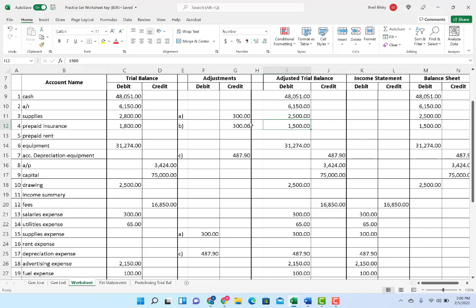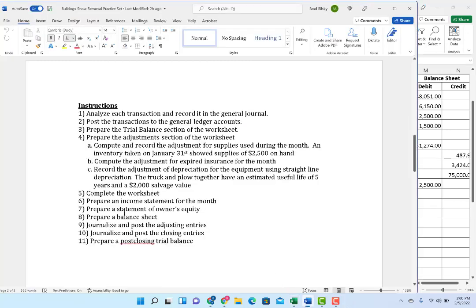So any balances that go with those accounts, we bring over to the balance sheet. Remember, the income statement shows expenses and revenue. So any expense or revenue accounts, we just bring over here. So these last 4 columns, we're just taking the stuff from the adjusted trial balance and replicating it, just breaking it up. And that's going to help make it a little bit easier when we actually prepare our